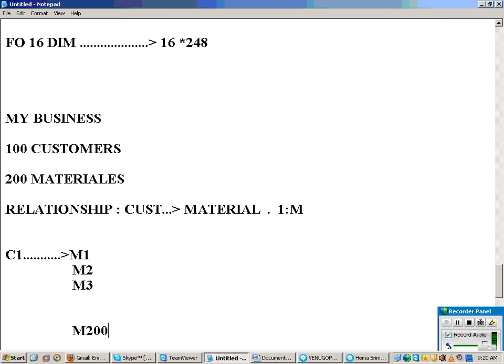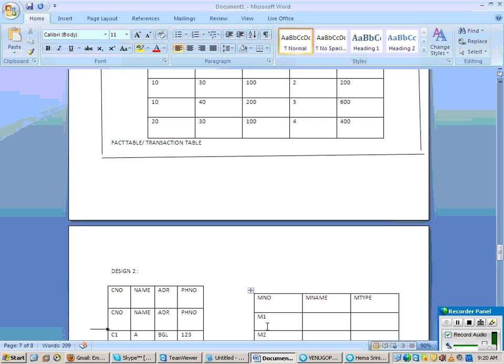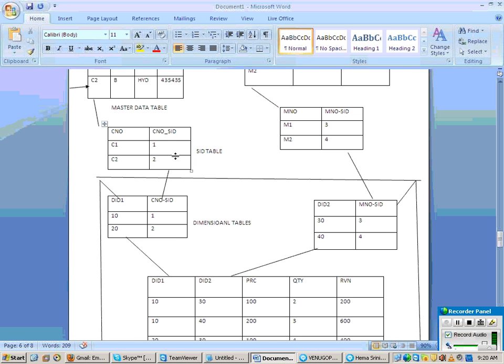Now come to your design 1. What was your design 1? I assigned the customer number character to the first dimension. Now what is the size of your first dimension table in this case? How many records will be there in the first dimension table? I have 100 customers, so 100 records will be there in your first dimension table. What about the second dimension table? So what is the total number of records in your dimension tables? 100 plus 200 is 300.